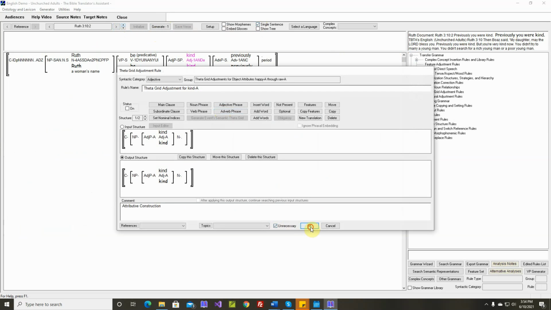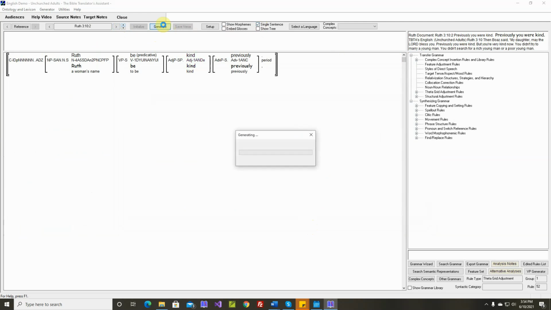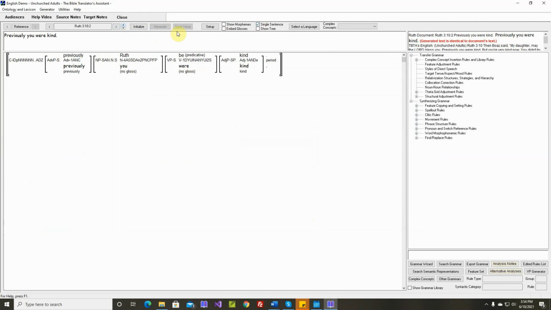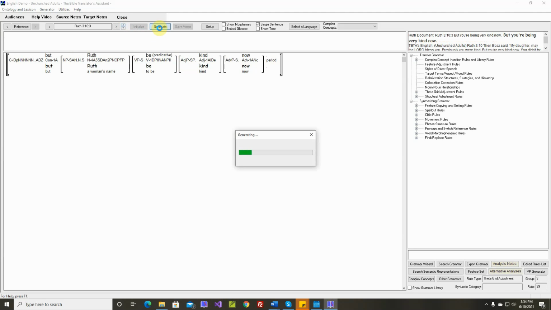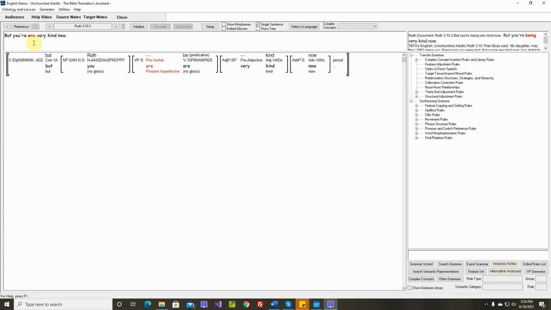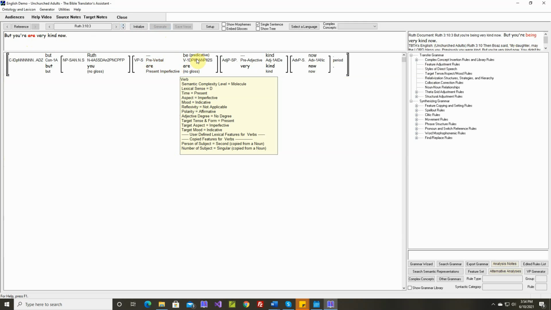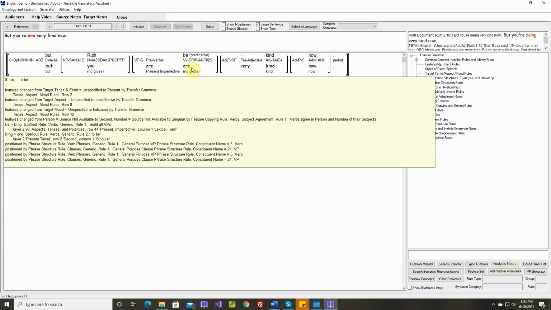I don't think we'll need this rule. But you are very kind now. You are. But you're being very kind now. We need being here. Okay, target aspect is imperfective. So you are being very kind now. So for our spell out rule for the verb to be,